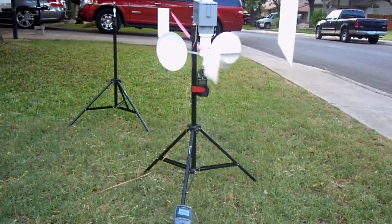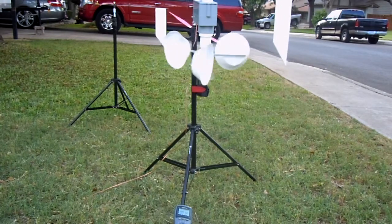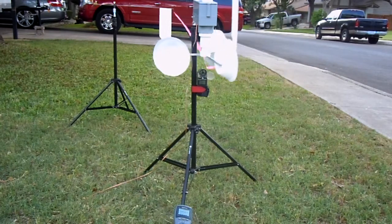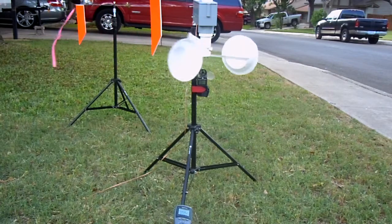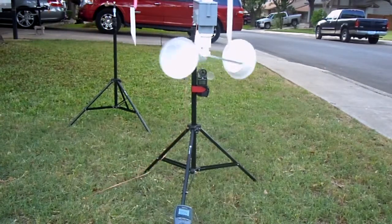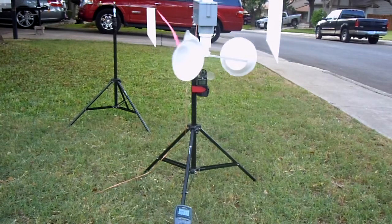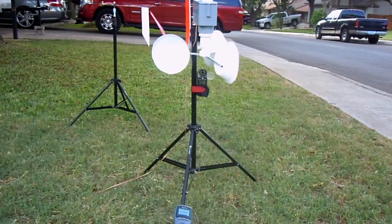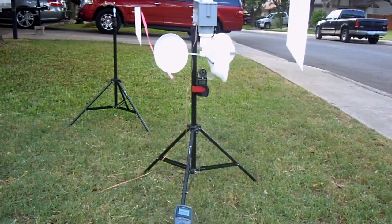There's also a little Kestrel meter reading the wind speed. And it looks like a wind speed of about 2 miles an hour. It varies somewhat. But the voltmeter, we got a peak of about 9 miles an hour. The voltmeter is varying anywhere from practically nothing up to about 3.2